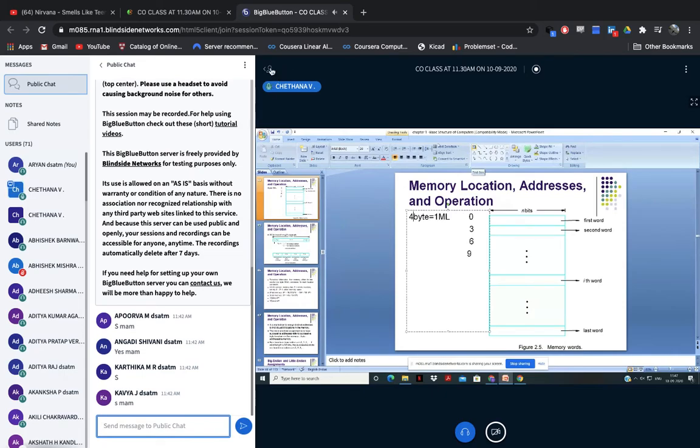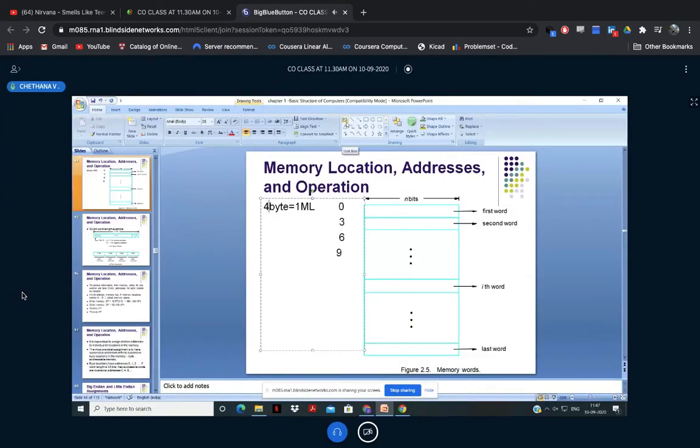Okay. So this is the next 4 bytes. Suppose it is 4 bytes in one memory location, in this particular space, I'm going to store complete 4 bytes of data. Now, what is my new location number? Second location number? Can you type the answer for me? 4 bytes: first byte 0, second byte address 1, third byte 2, fourth byte 3. So what's my next address location? Yeah, it becomes 4 now. Next will be 8. Next will be 12. Next will be 16.